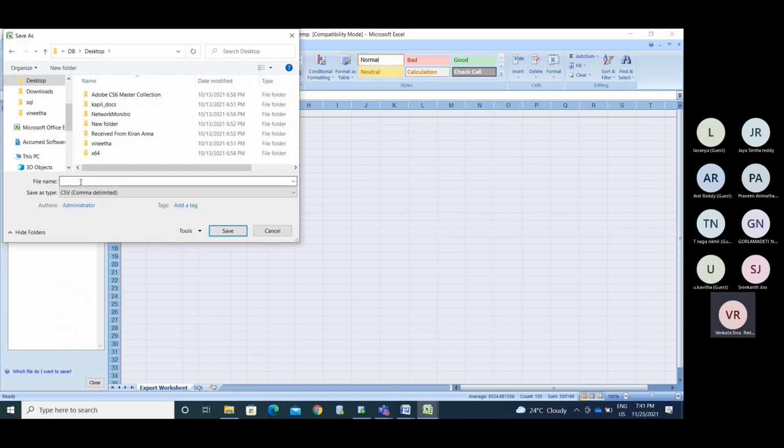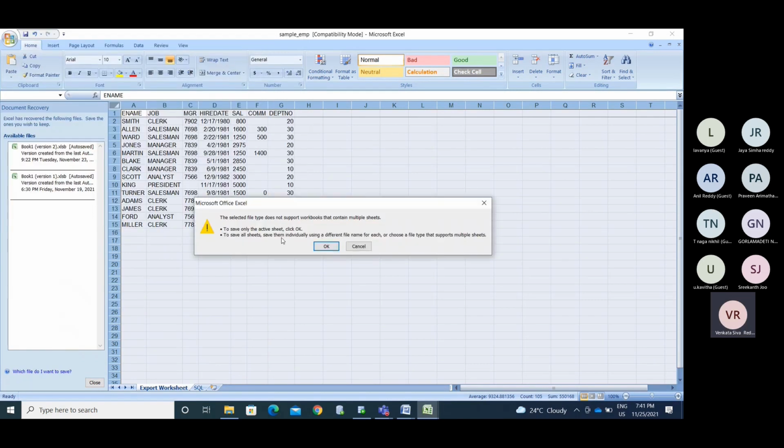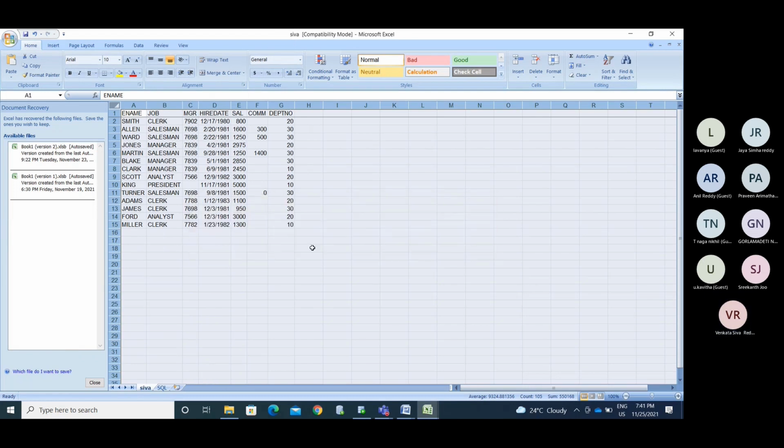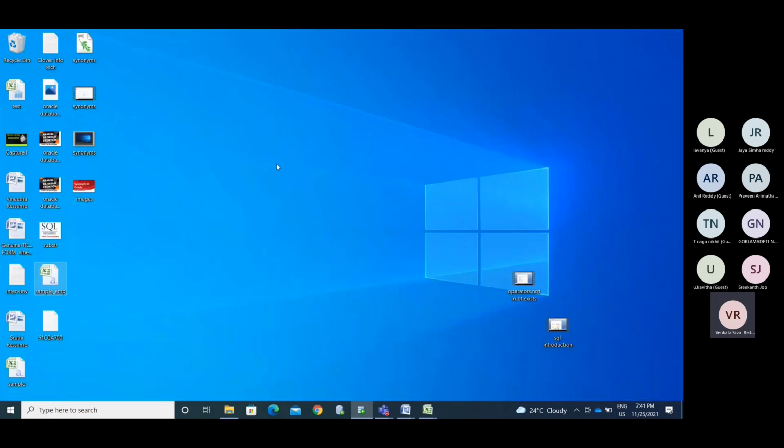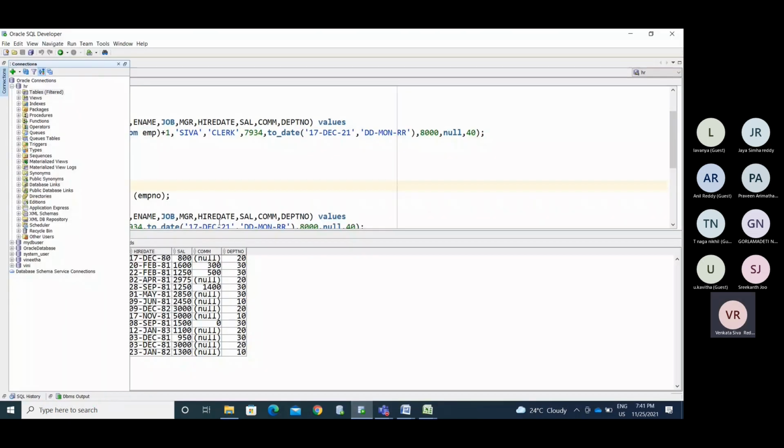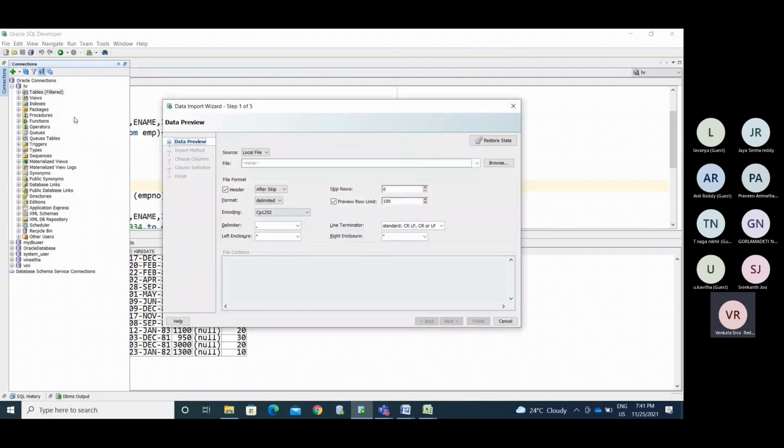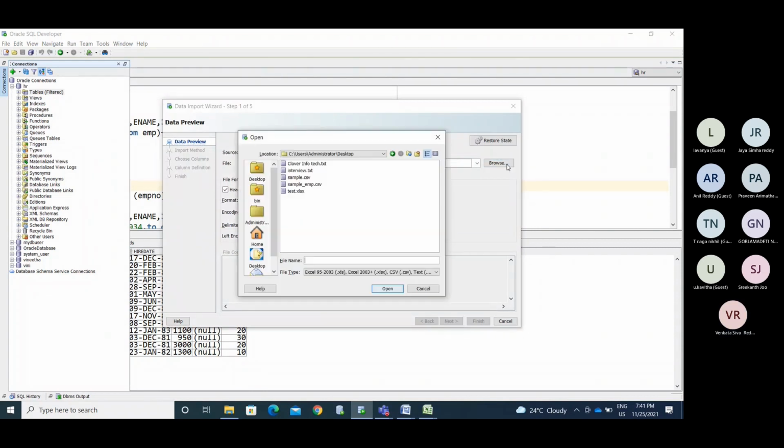Okay, comma delimited file. I'm mentioning the data file name like Shiva. Now I copied the data into the Shiva data CSV file. Now I'm importing that data. What is happening? Shiva is not there.